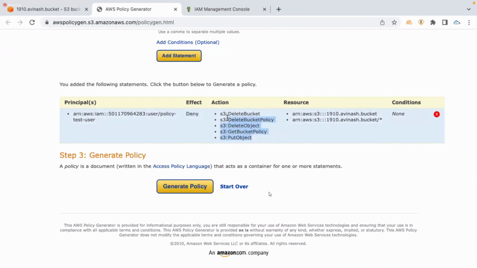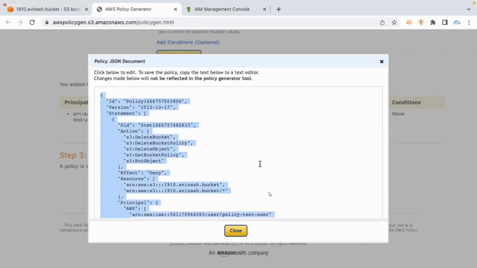What are all the options? Delete bucket policy, get bucket policy, delete object, put object. For all these things, we are denying for what user? That is nothing but the principal. On what bucket? On this bucket. Then generate policy. You see, copy this,